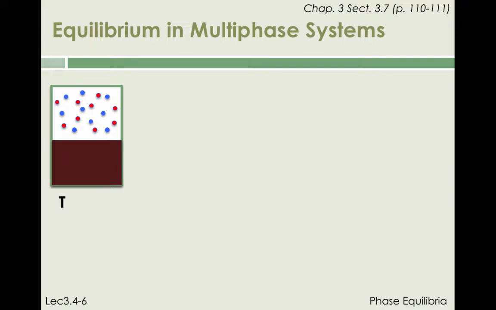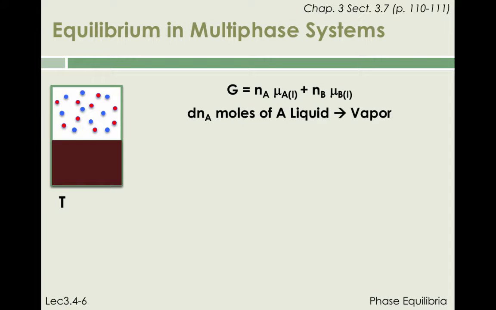Let us consider a binary liquid mixture of a solvent A and a solute B at equilibrium with a mixed vapor phase containing A and B species. As was discussed on the preceding slide, the Gibbs energy of the mixture is equal to N_A mu_A liquid plus N_B mu_B liquid. Assume that we transfer reversibly a small amount of A, which we call dN_A, from the liquid phase to the